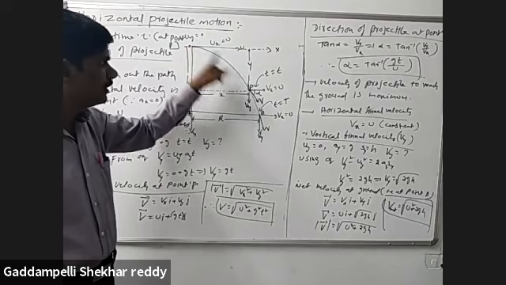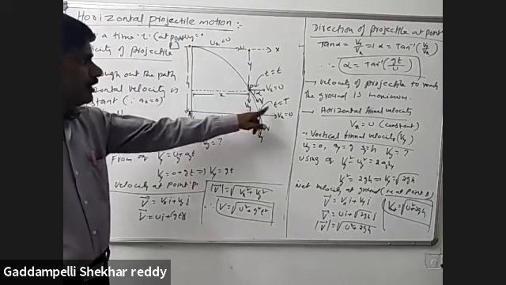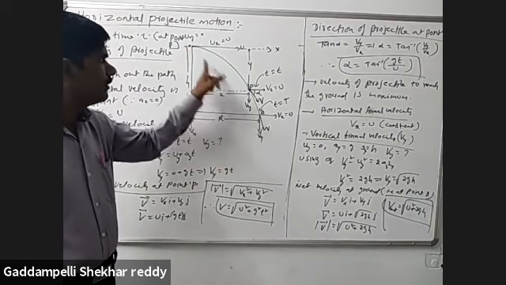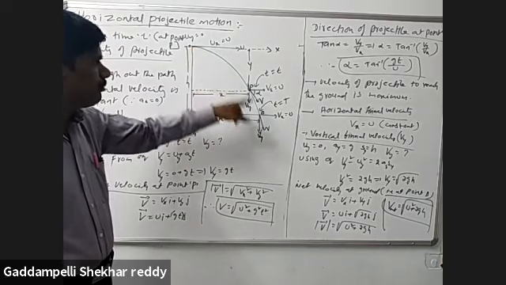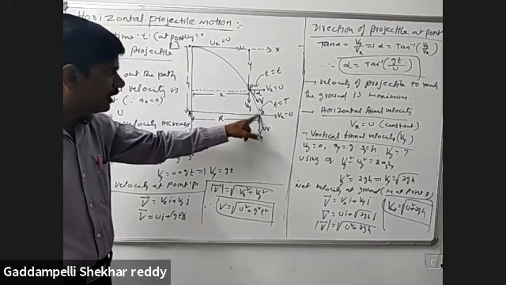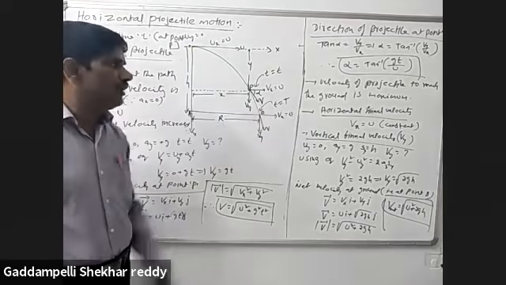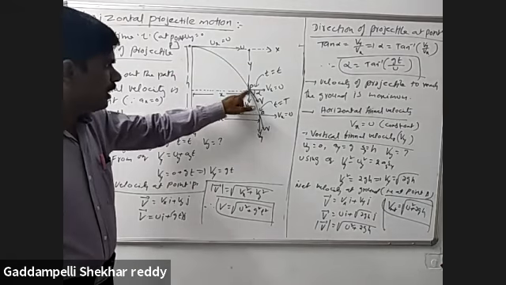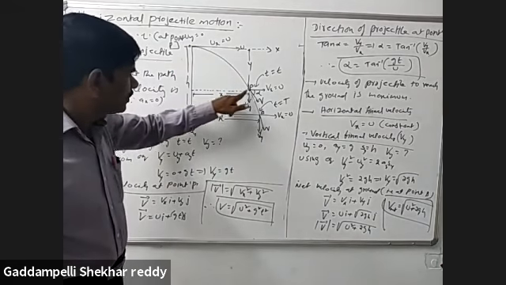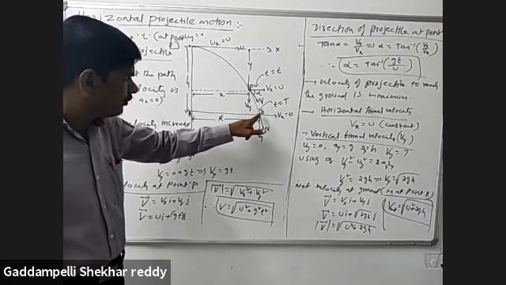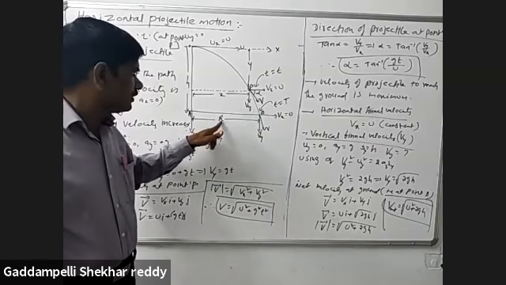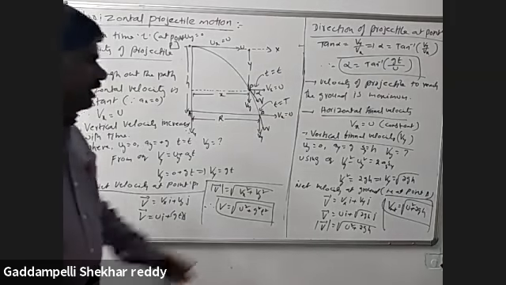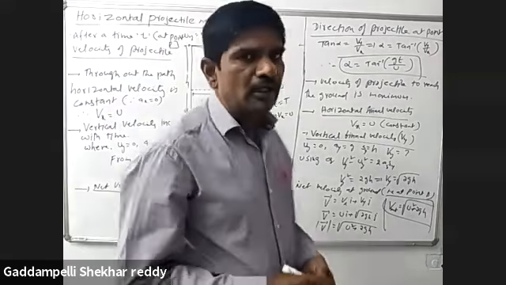Next, the remaining parameters. The projectile is thrown horizontally with a certain velocity and travels along this parabolic path. It requires a certain time, known as time of descent, because it goes from top to bottom. The time of descent is equal to the time of flight. If the projection point is P, the distance traveled horizontally, when it hits the ground, is the maximum horizontal distance, known as range. Now we will calculate time of flight and range.